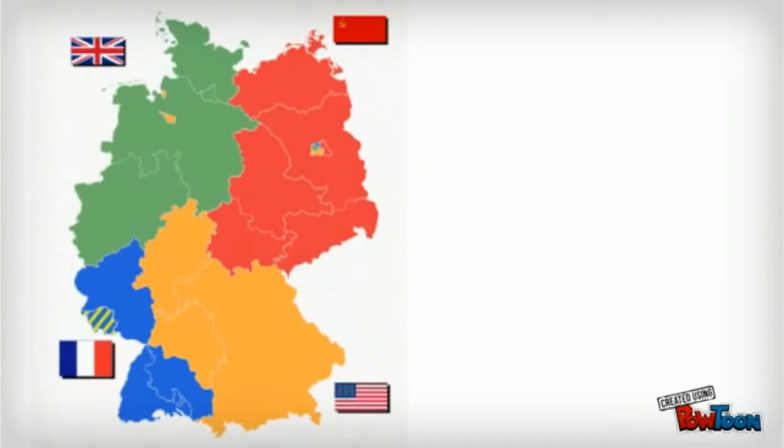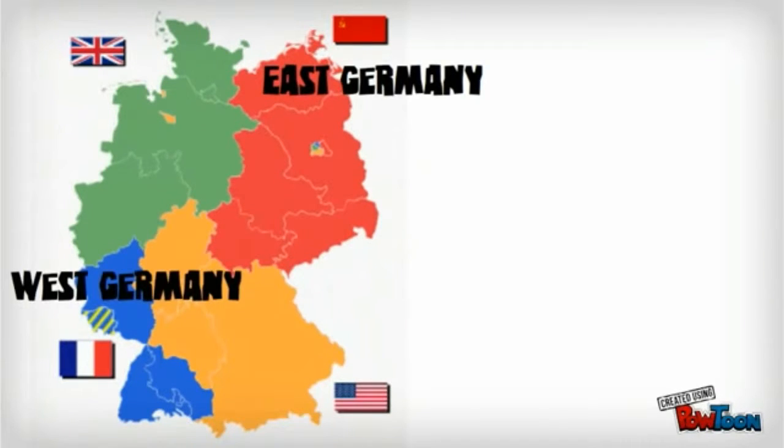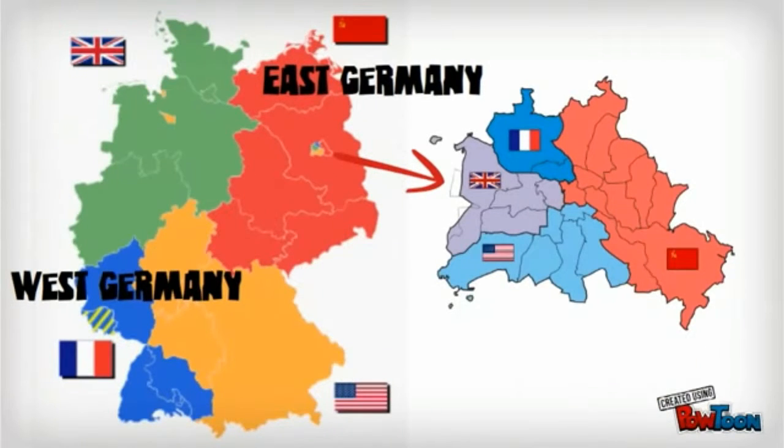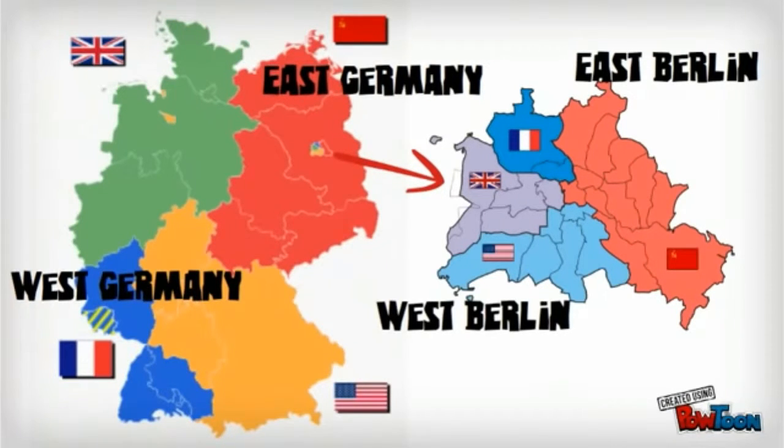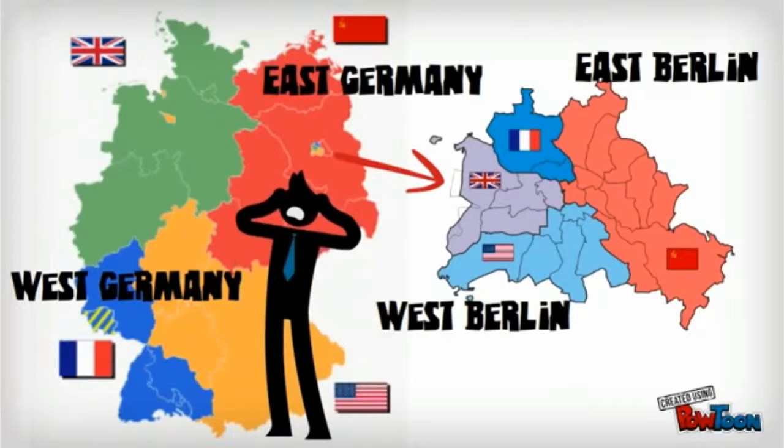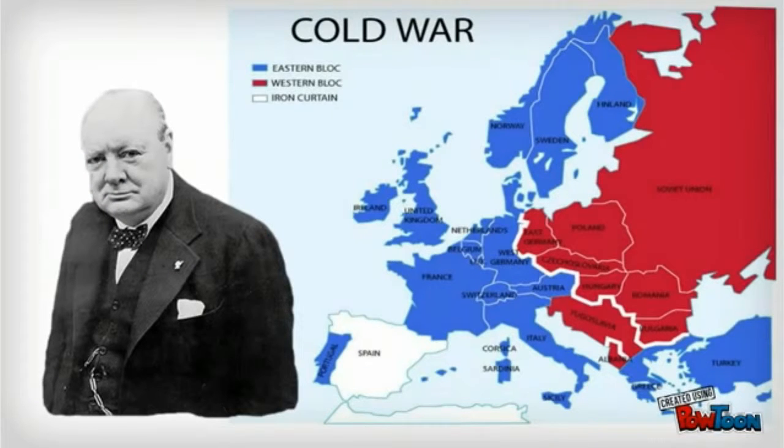What we now have is a face-off. Germany was divided into East and West, with the Soviets occupying the East and the US, British, and French occupying the West. What complicated this was the fact that Germany's capital, Berlin, was also divided. West Berlin, located in communist East Germany, would be a free democratic city smack dab in the communist nations. Talk about a complicated and delicate situation.